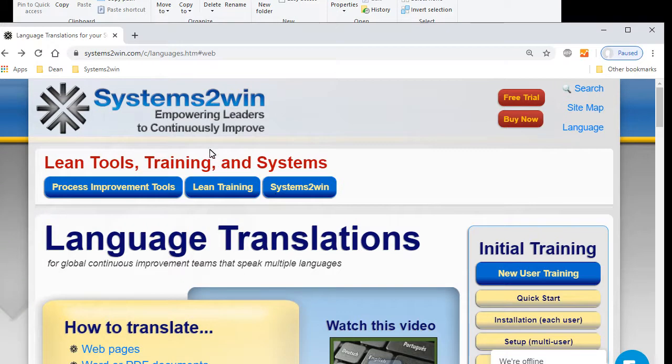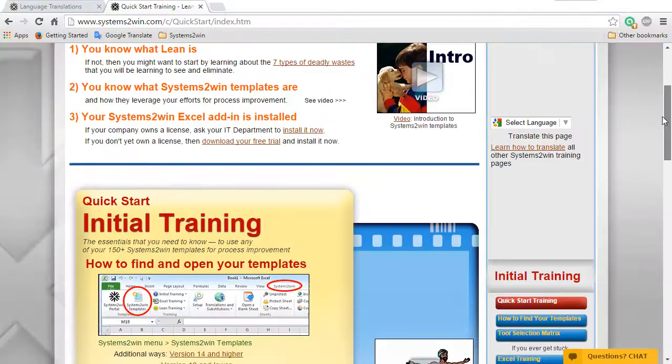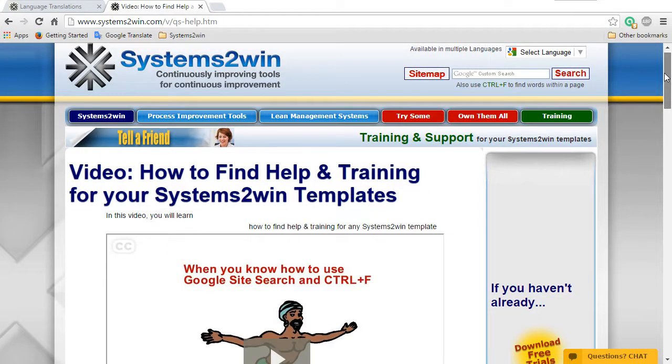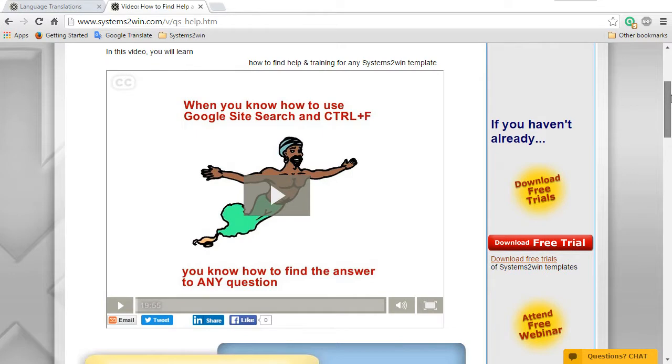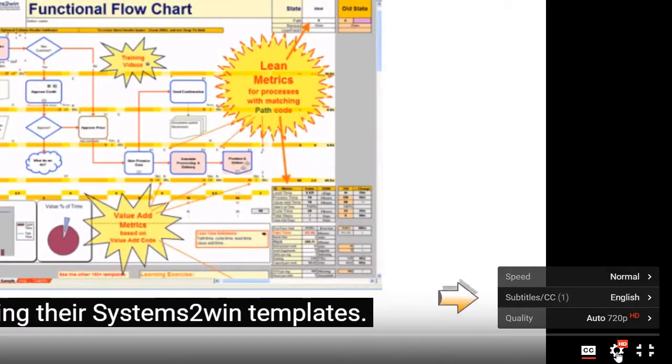For demonstration purposes, let's use one of the training videos in the Quick Start training. Let's scroll down and then select this video, which then opens up the home page for that video. And near the top of each video home page, there is a large viewing screen where you can watch the video. Closed captions should already be turned on by default, but if they're not, then click the CC in order to turn them on. Then click the Settings button, and then see where it says Subtitles are currently in English.